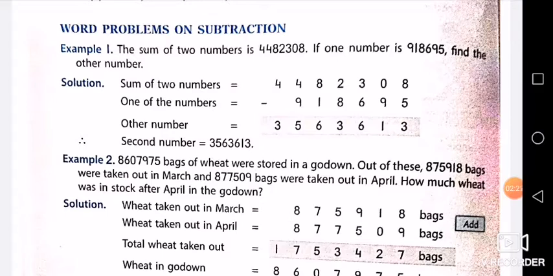But in subtraction you have to take care, because sometimes in the question the total of that number and one number will be given, or sometimes it will be given that one number is this and another number is this much less than that number. So again you have to do subtraction only. Hear it carefully, because these are the different situations in which the question can come in subtraction.